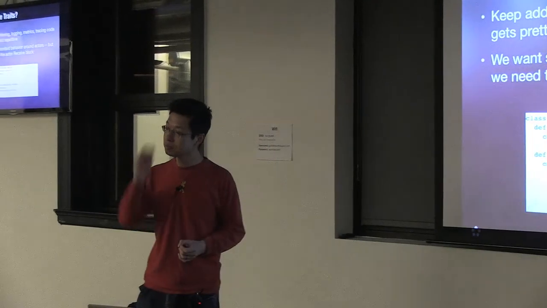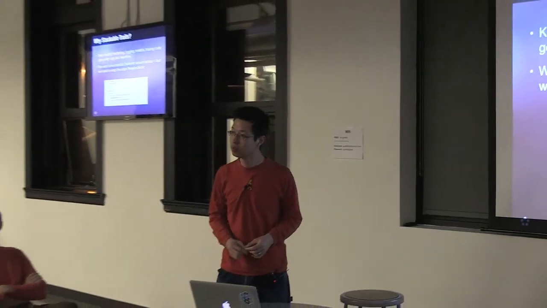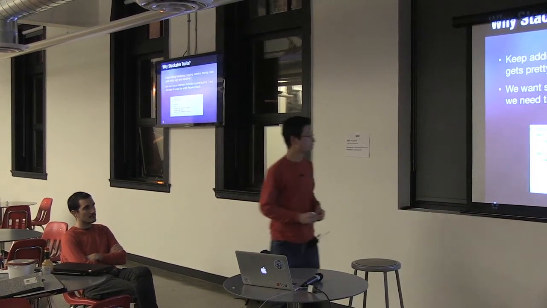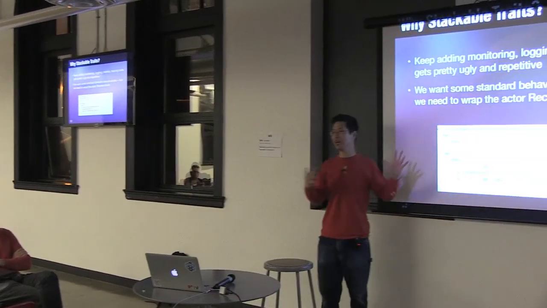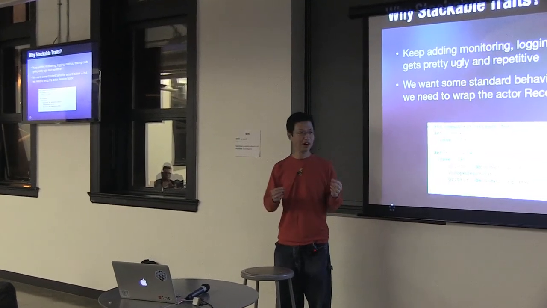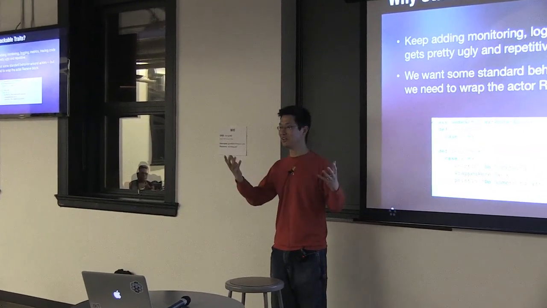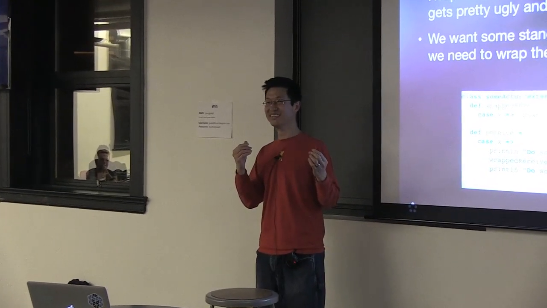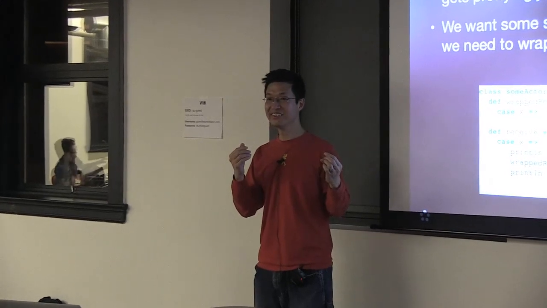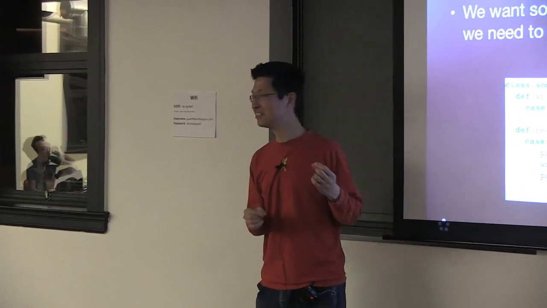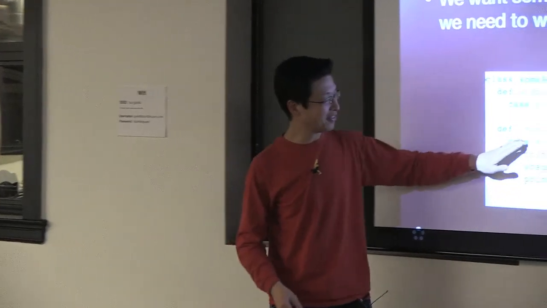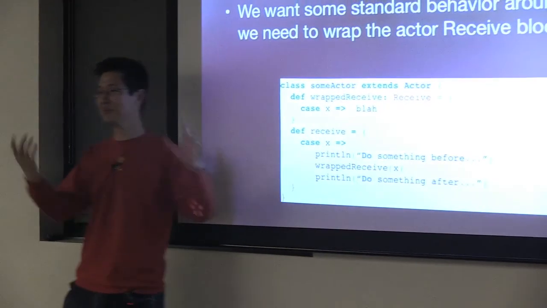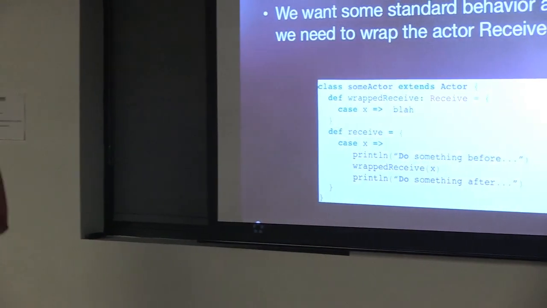Sorry, I don't know if I heard you correctly. Did you say you're going to do a bunch of case statements for the type? Yeah, so let's suppose that your actor has to handle two types of messages, like register and, I don't know, give me another verb. Unregister, OK. So you would have a case register and a case unregister, and each one would have some code. So it's a standard Scala pattern match.